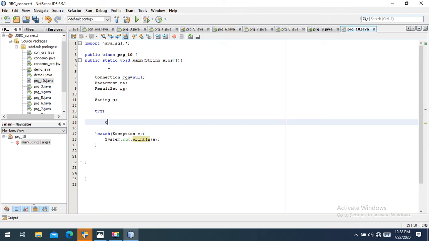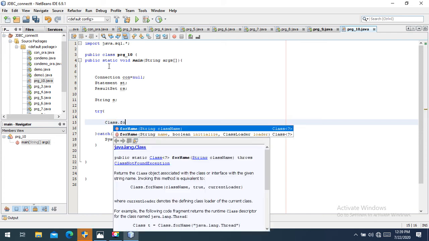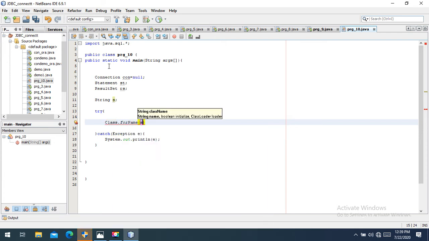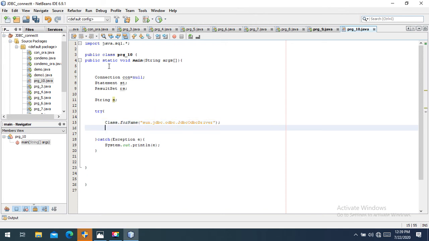For connection we will write Class.forName, and the driver we will use is the same type 1, sun.jdbc.odbc.JdbcOdbcDriver. This driver we use for practical purposes only, as we are doing practice of connectivity, so we are using this driver every time. And con equals